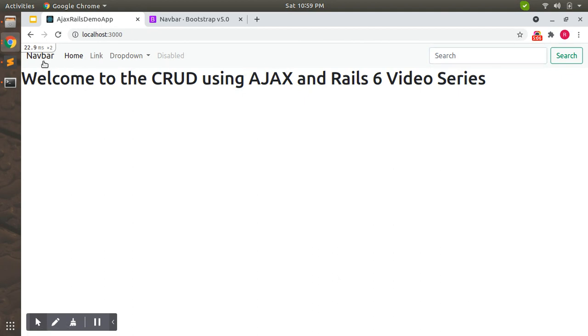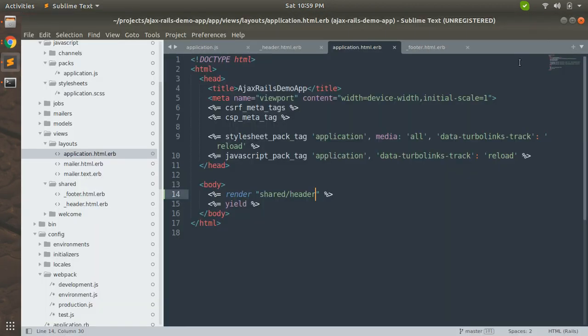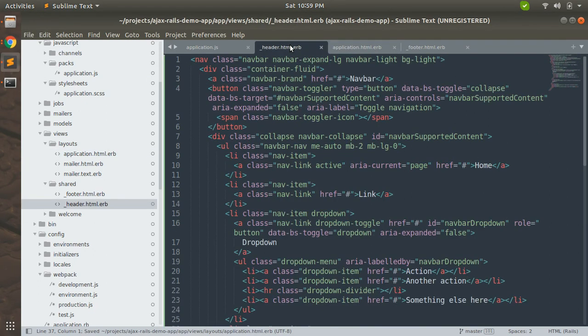Now you can see the navigation bar, home, some dropdown and this form, but we don't need this text and this form here. So let's customize the header. In place of navbar, you can write some custom name here. Let's add Ajax Demo App.